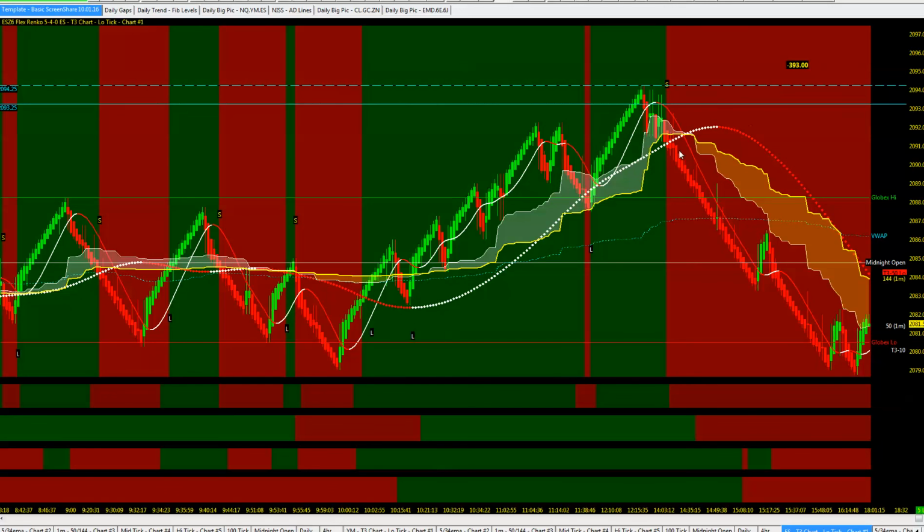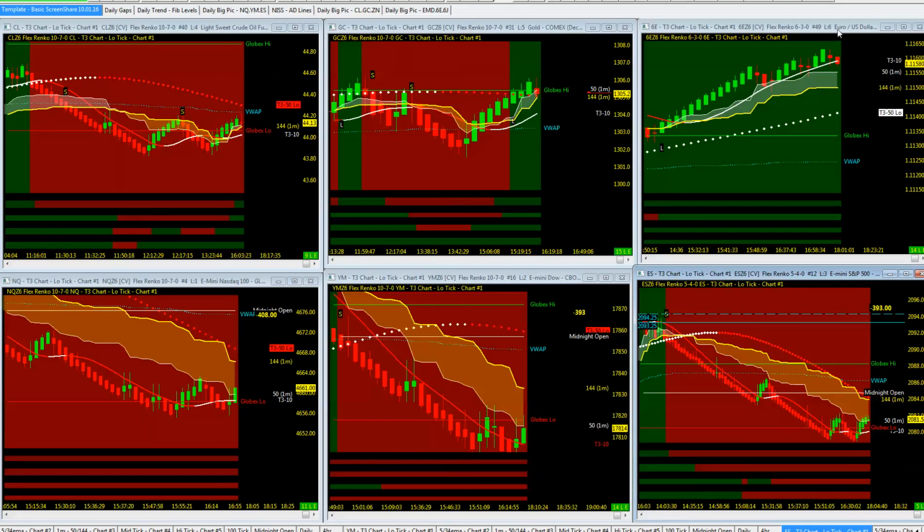And then finally the turnaround underneath the cloud, underneath the T350 gives you that first entry. Watch that VWAP stall, and that's exactly what it did. Got a nice tail to the upside, and eventually drove down, tested that 50 EMA, and then came back down and fizzled out with some chop there on the ES. So not a bad move, but pretty much almost a flat session. We took a look at the NQ and the YM there.